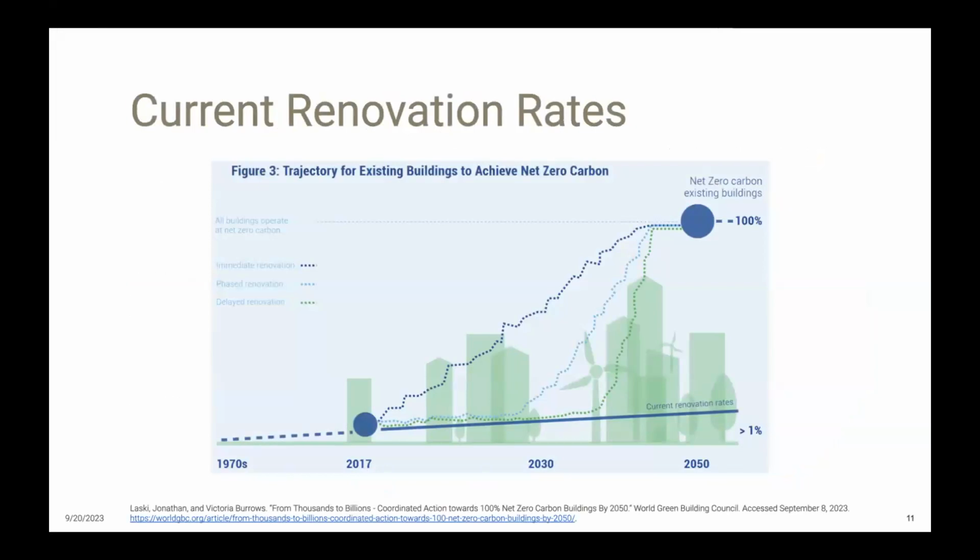To get to net zero by 2050, which is what most of the world thinks we need to do, and even if we say that instead of 2040, all buildings will need to be upgraded. We currently renovate about 1% of our buildings every year, which is the solid blue line on the bottom. To get to net zero by 2050, renovation rates must increase to 3% per year if we start right now. And if we start later, the line gets steeper. So you can see that we've got to get there, and the faster we make these renovations and upgrades, the better we'll be.